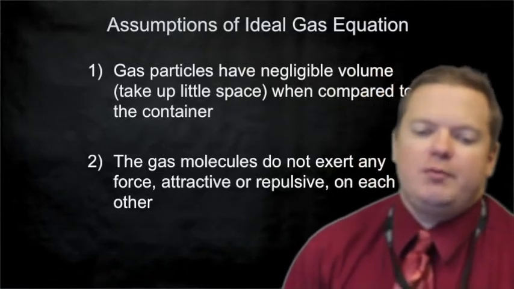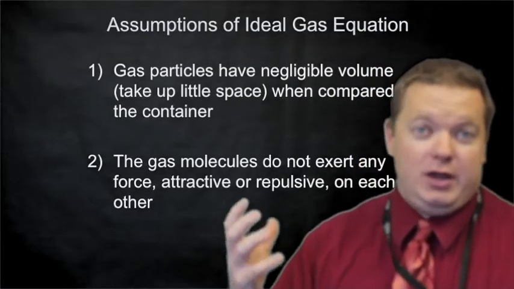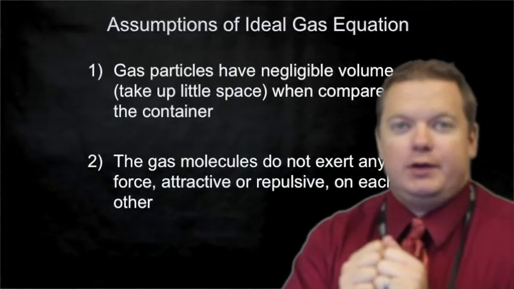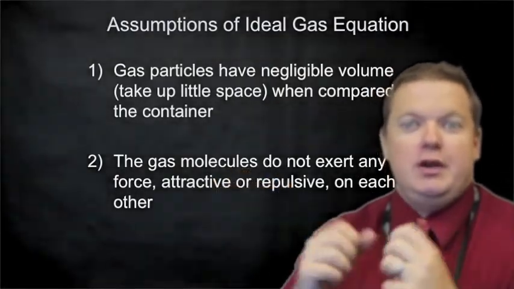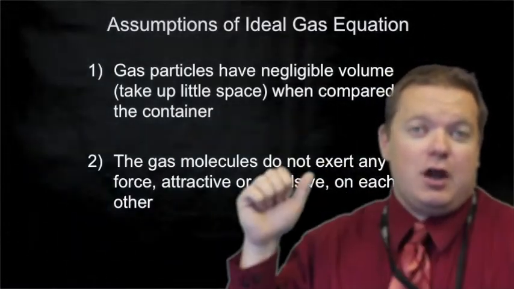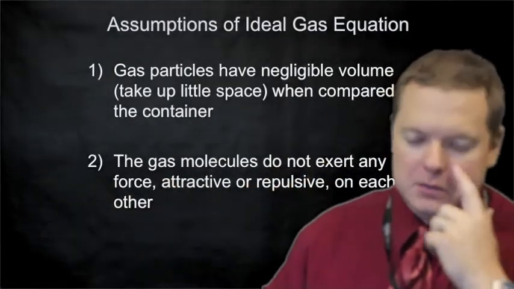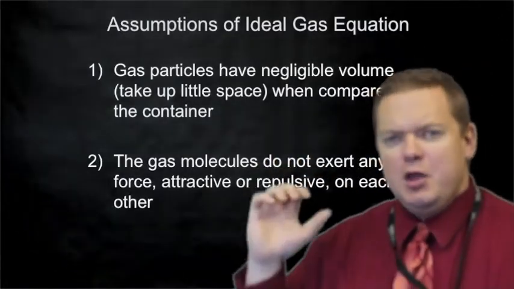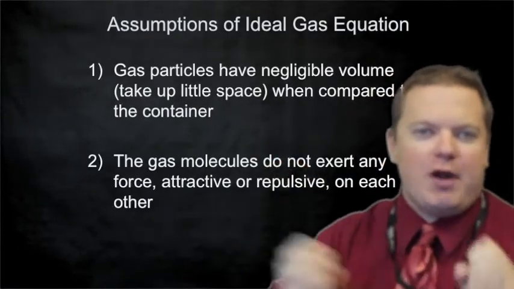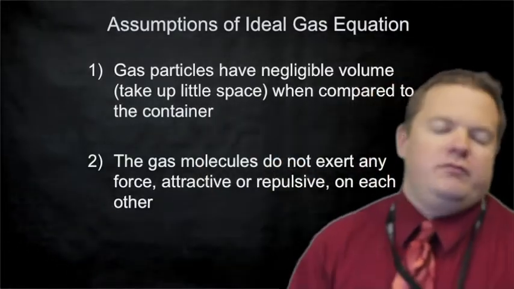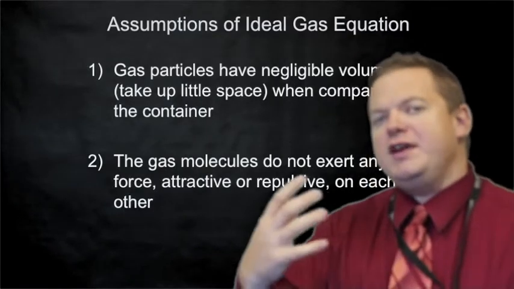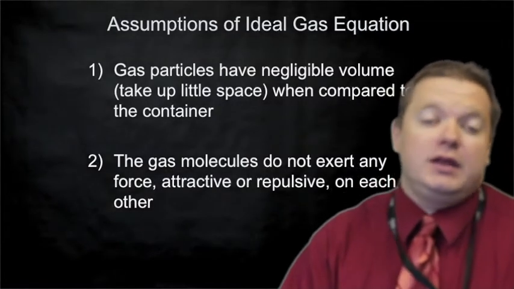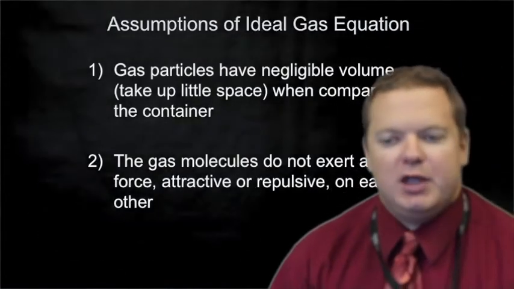And the other assumption that we're making is that the gas molecules don't exert any attraction or repulsion, any forces with each other. So if these molecules come close to each other, they're not attracted to each other. If they hit off of each other, there's a completely elastic contact. So whatever energy they have coming in is the energy they have coming out. So basically, we just have these points that are interacting in this big volume. So the more we can make these two assumptions invalid, the less likely the ideal gas equation is going to apply.